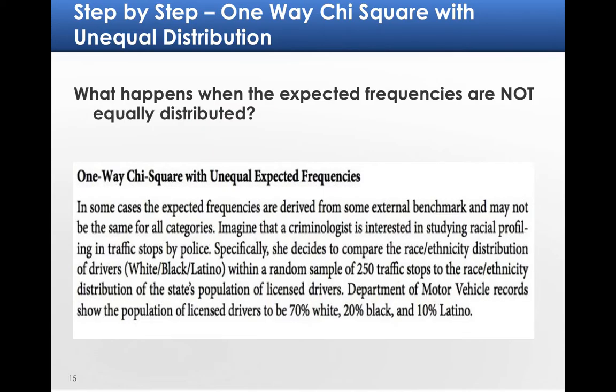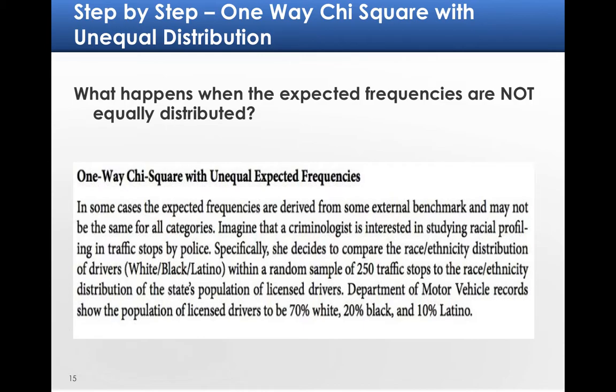What happens though if expected frequencies are not equally distributed? Maybe we have some external benchmark we're using. Imagine a criminologist wants to study racial profiling in traffic stops by police. She's going to compare the race and ethnicity distribution of drivers, white, black, Latino, with a random sample of 250